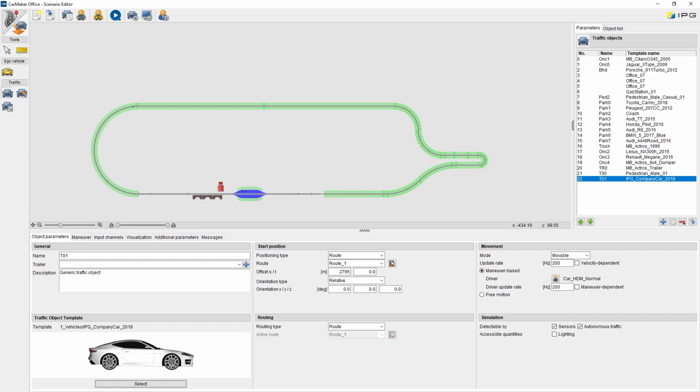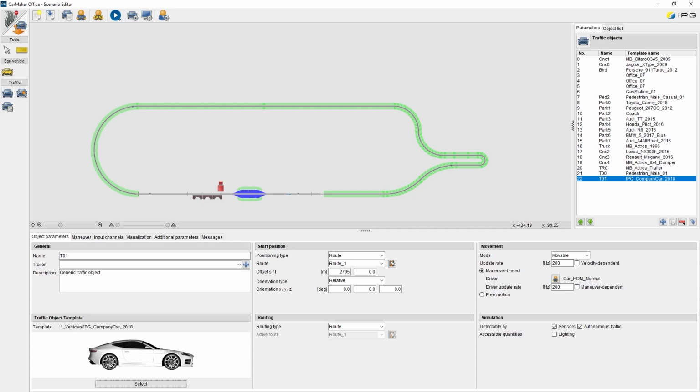By clicking on Velocity Dependent, we can enable an update rate that depends on a traffic object's velocity. As default, Maneuver Based is also selected, which enables you to select a driver as driving behavior model and also set the update rate for this driver model. With Maneuver Dependent, it is then possible to reference the driver update rate from the maneuver settings if activated.